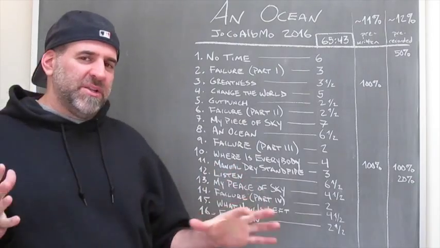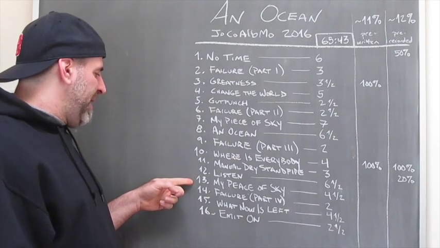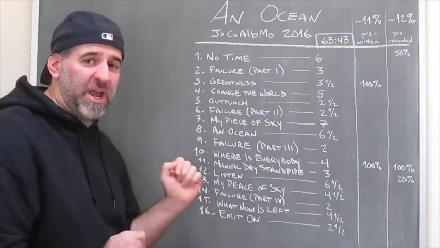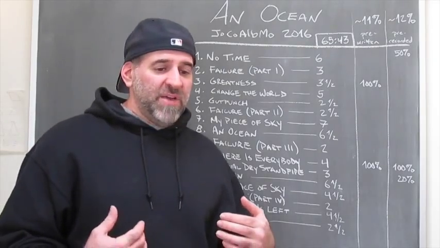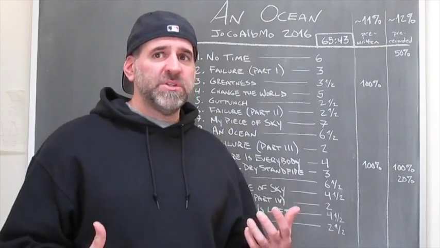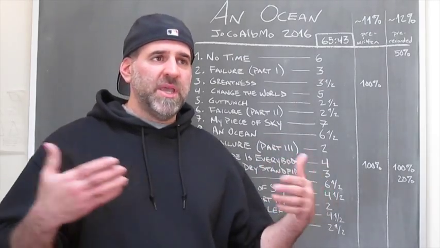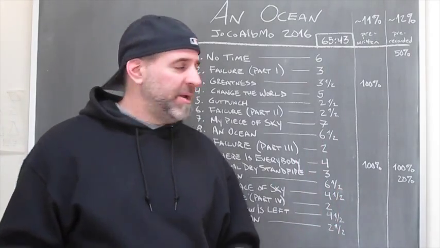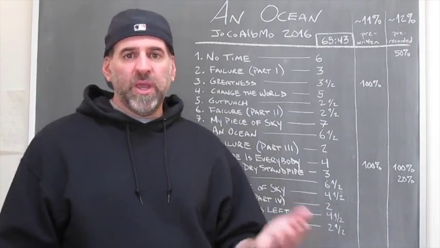Then you have some other interesting little tidbits. My Piece of Sky, which I mentioned, track 13, has a counterpart in track 7, an album called My Piece, the other piece of Sky. These two function as a pair. They have the same chord progression and some of the same musical themes. The lyrics for parts of them, I won't say mirror each other, but the line structure is similar and even some words are used in common. They're meant to be a pair because they talk about flip sides of the same coin.